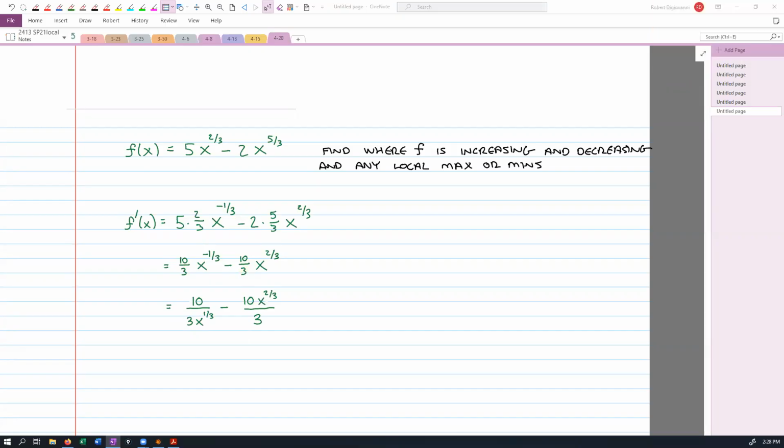So for those of you who are looking at what I'm doing, I've taken the derivative with the power rule. And then I realize I have to set this equal to 0 at some point. So I'm trying to clean this thing up. So I'm taking the x to the negative 1/3 and I'm dropping it down to the denominator. And the reason I'm doing that is because I'm going to try to put these two together as a single fraction by getting a common denominator. This is all because I have to set it equal to 0 at some point.